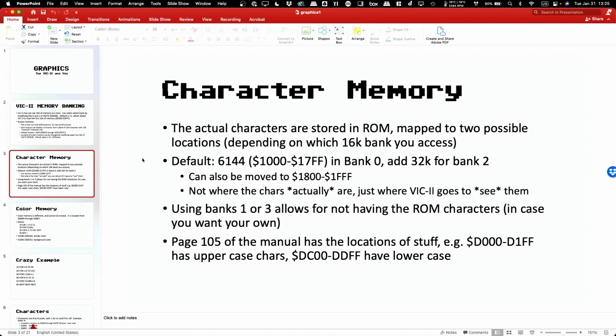You can also move it to 1800 through 1FFFF. That's not actually where the characters are, it's just where the VIC goes to see them, okay? And I know that seems a little bit weird that there's all this sort of dereferencing thing. But also, the reason that this was done is because